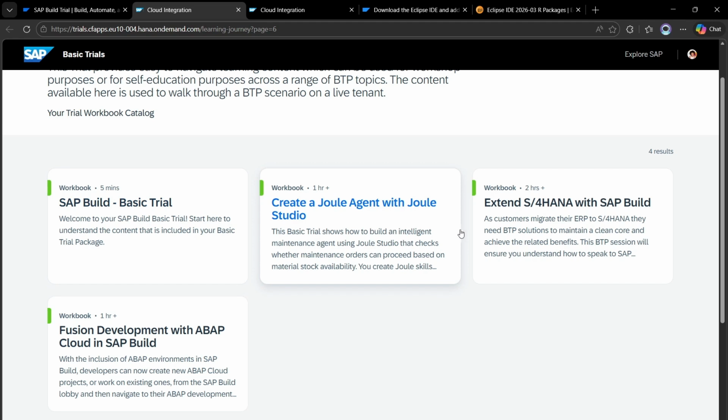And then we have extend S/4HANA with SAP Build. This focuses on BTP solutions to maintain a clean core during migrations. Then we have Fusion development with ABAP Cloud in SAP Build. This shows how to create ABAP Cloud projects directly from the Build lobby and navigate to our ABAP development environment. So we will choose this one, Fusion development with ABAP Cloud, because as a technical consultant, we know